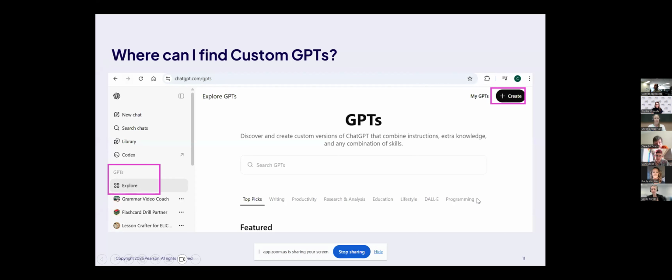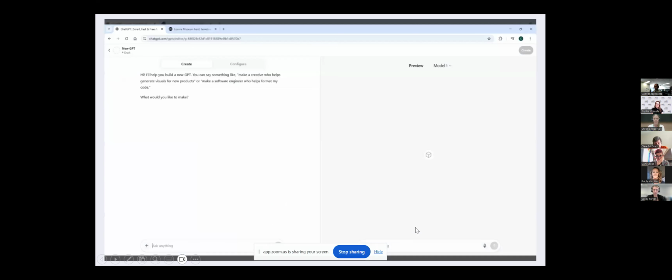So these are all the ones that other people have created. So this could be ChatGPT themselves, like the laundry buddy, or it could be other people. It could be the ones that Chris created in the last session. He might have shared them publicly, put them in the library. So you can explore ones that have been created by other people. But then to get to that next level of personalization that we've been talking about, you can create your own up here. So that is the process that I went through.